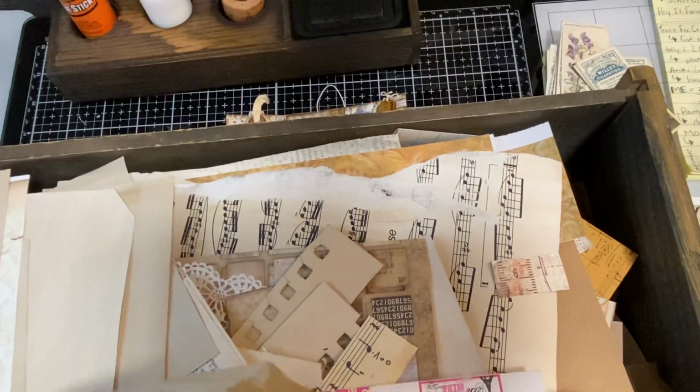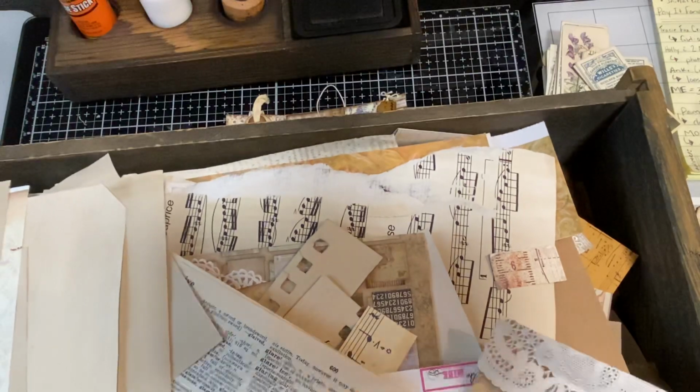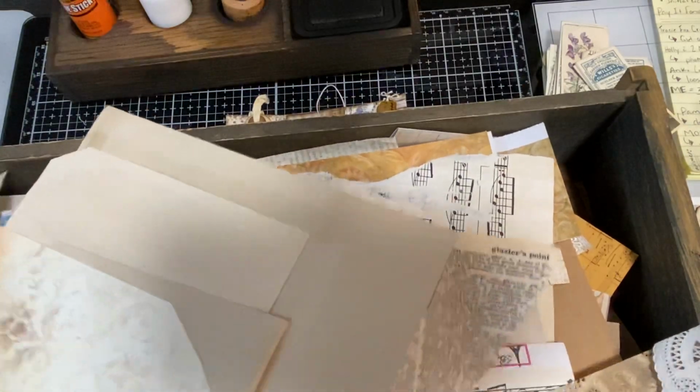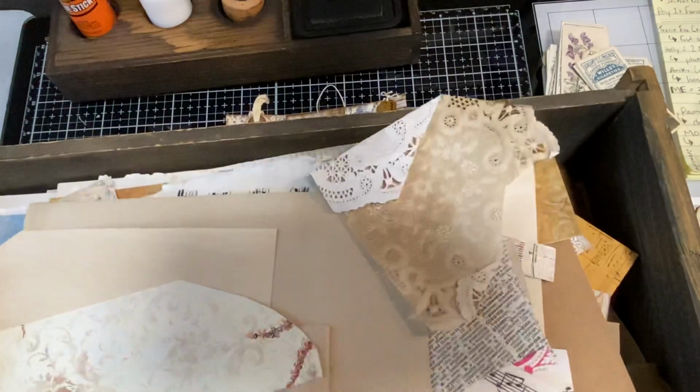Oh, and look, there's a little piece of lace. There's all kinds of cool treasures in here. But anyway, this was for whenever we do the accordion album. And I'll stop talking and get to work. And I'll look for the perfect paper for this, and get back on what we were doing before